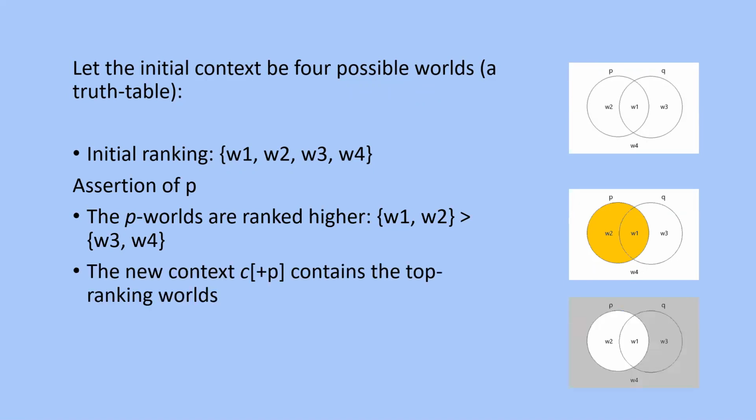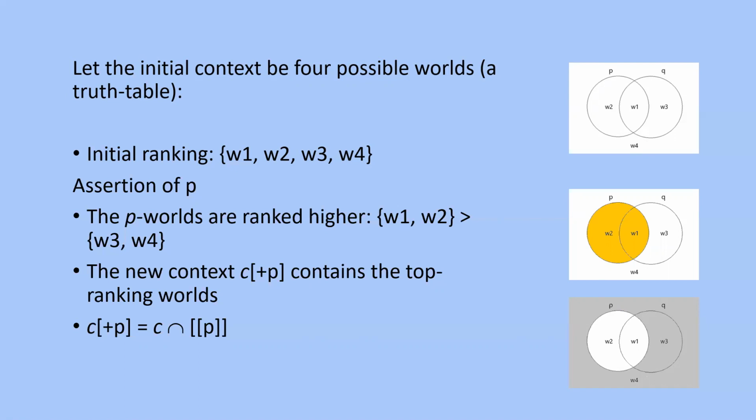Next, the new context is defined by keeping only the highest ranking word. As a result, we get that C plus P is just the intersection of C with the static meaning of P. Here P is an atomic sentence. So in effect, things work out as in the Stalnakerian approach,